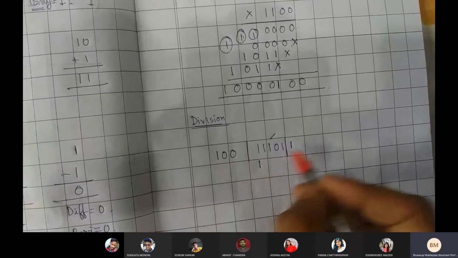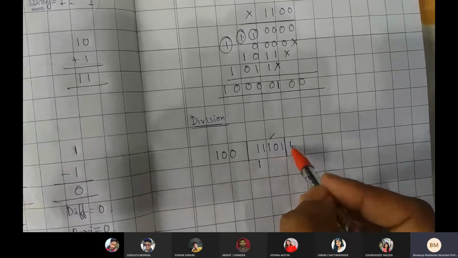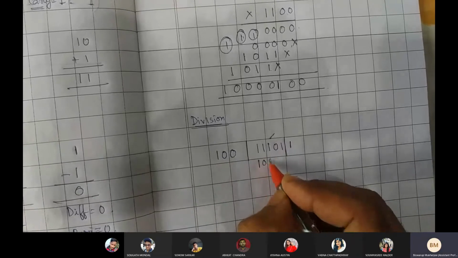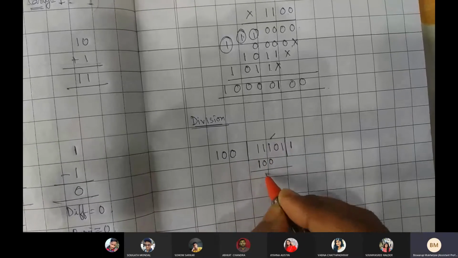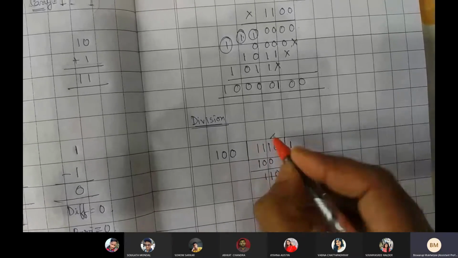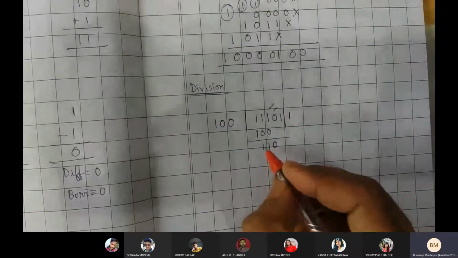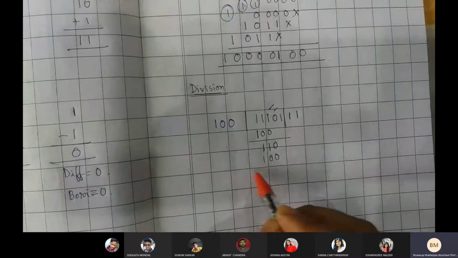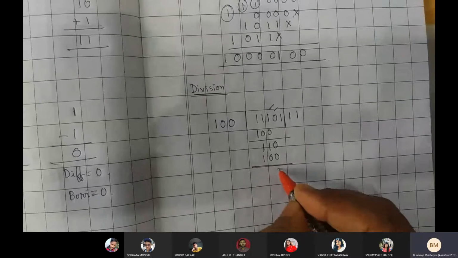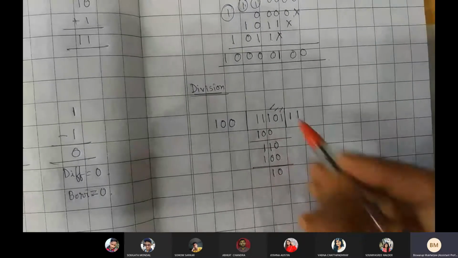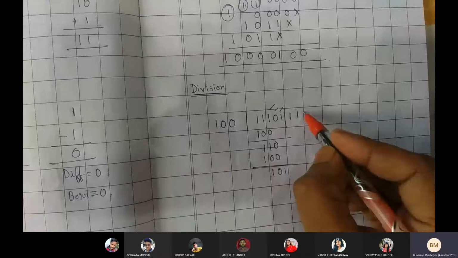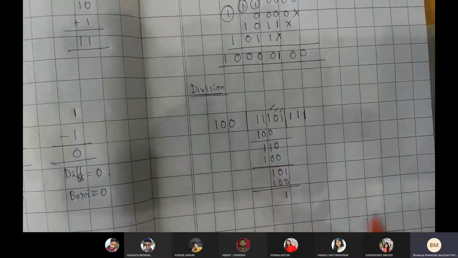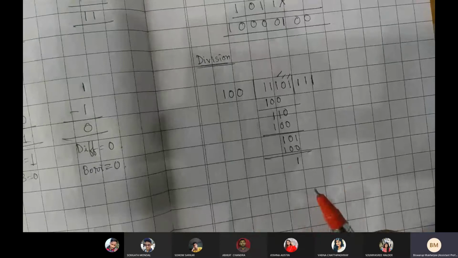Make sure that you can only have either 1 or 0. So 1, so that is 1 0 0. So this is the 1 1 0. Now the next term comes here, 1 1 0. So again that would be 1 comes here, 100. So this is 0 1. Now the last term comes here, 1 0 1. So that is again 1, 100. Remainder is 1, right? As it is.